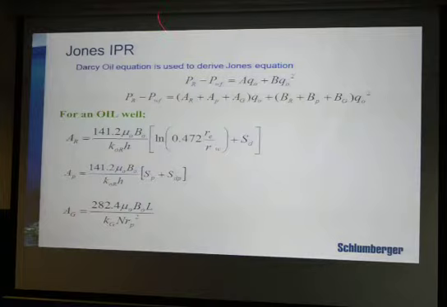So this is the Jones IPR. Jones also founded his IPR method on Darcy's law itself, but it has different terms like A and B. A is for laminar flow. Then you have the term for reservoir, the term for perforation, the term for gravel. And the same way for turbulent flow you have the 3 terms. So all these equations are derived, analytical equations based on Darcy's law.